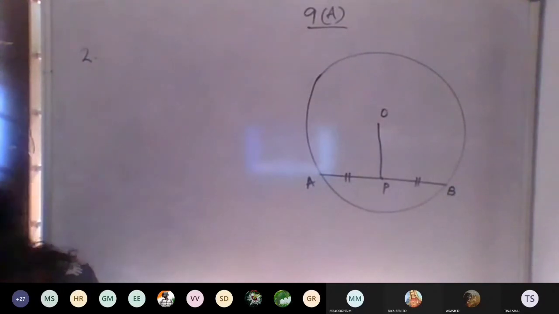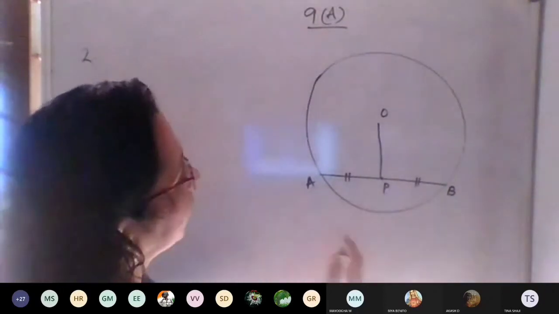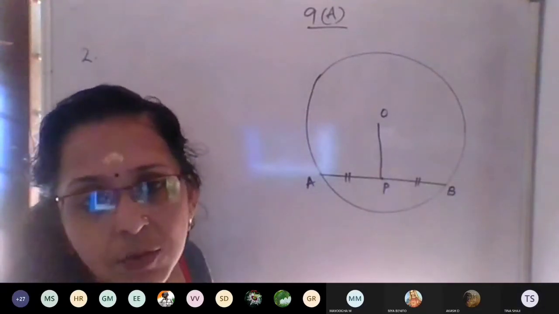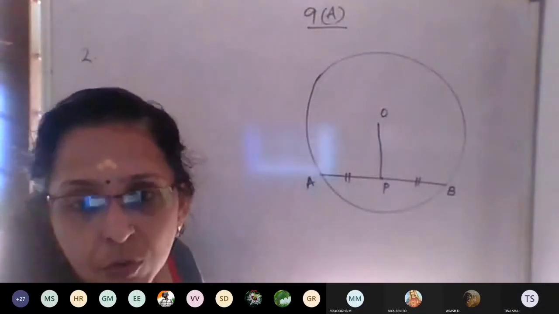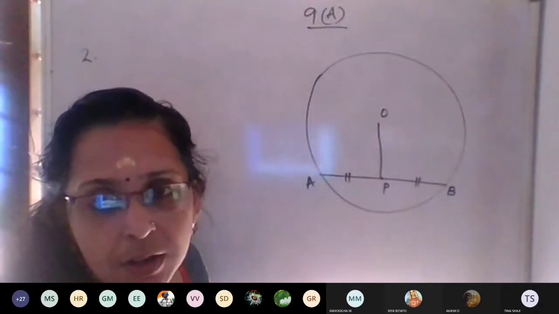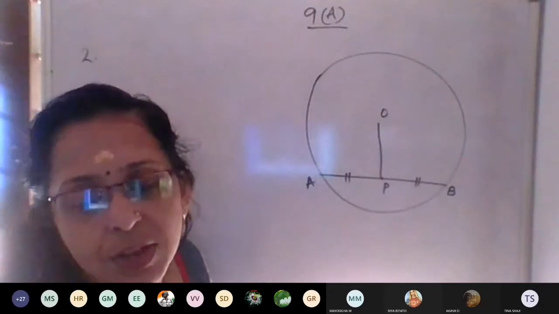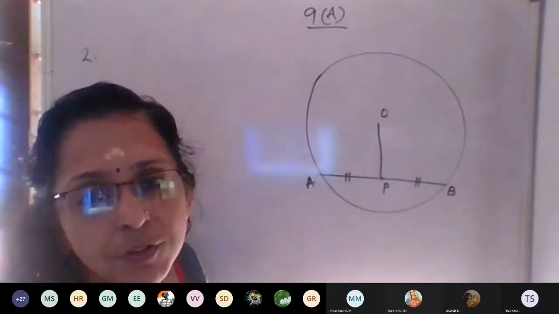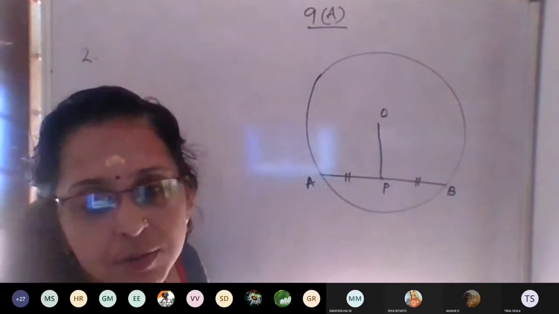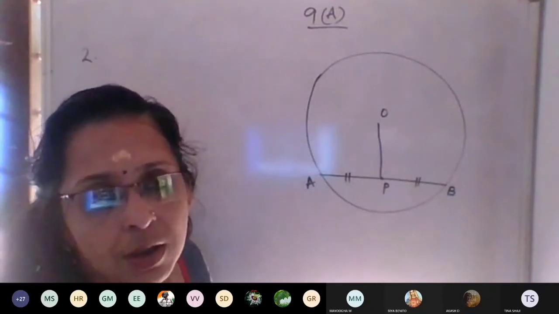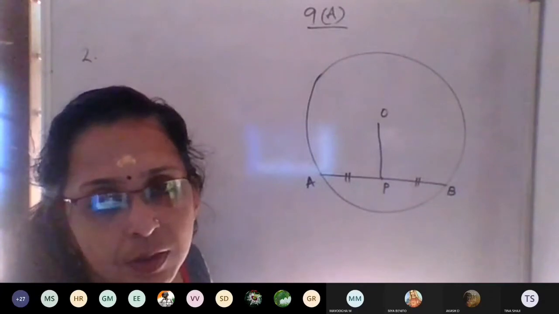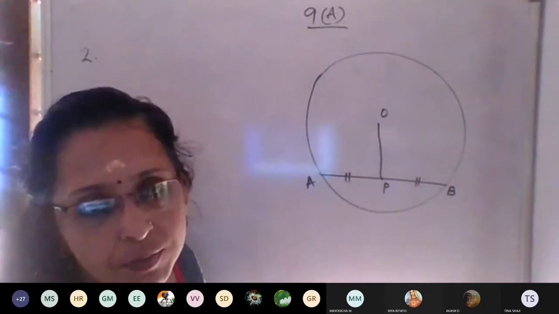OP is perpendicular to AB. If we have two triangles, then only we can say that what? That the two triangles are congruent. If the two triangles are congruent, we can say that all the sides and all the angles are equal. That means CPCTC, corresponding parts of congruent triangles are congruent. Corresponding means all the sides and all the angles are equal, if the two triangles are congruent.